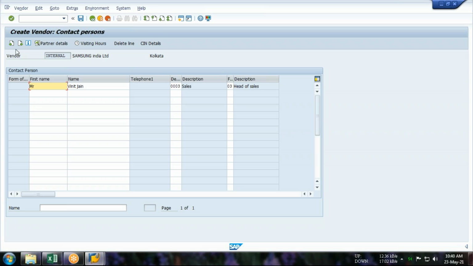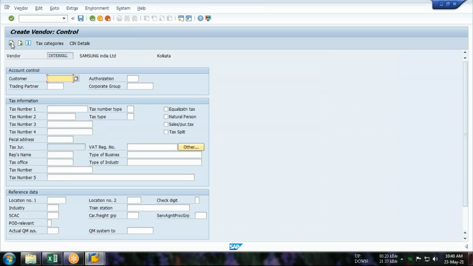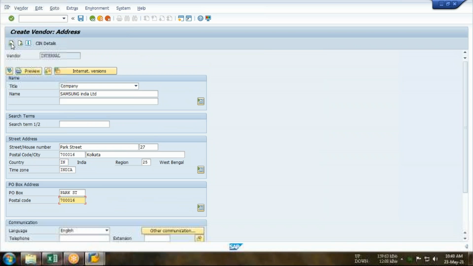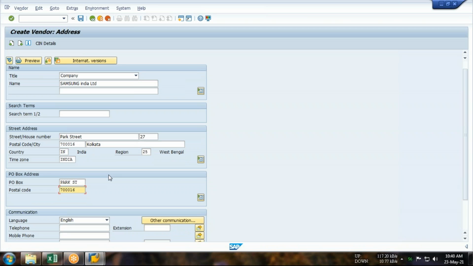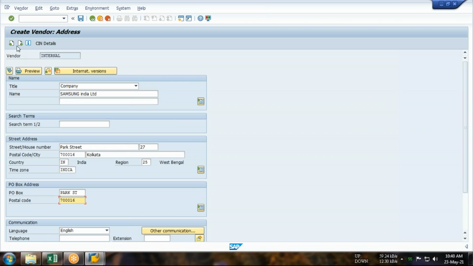So guys, right now we have done 4 different tabs. So guys, I'm click on this one, right arrow, left arrow, to move on and move back. Okay, so first page deals with what? So guys, first page deals with the name of the vendor, address of the vendor, and everything. This is the first page.